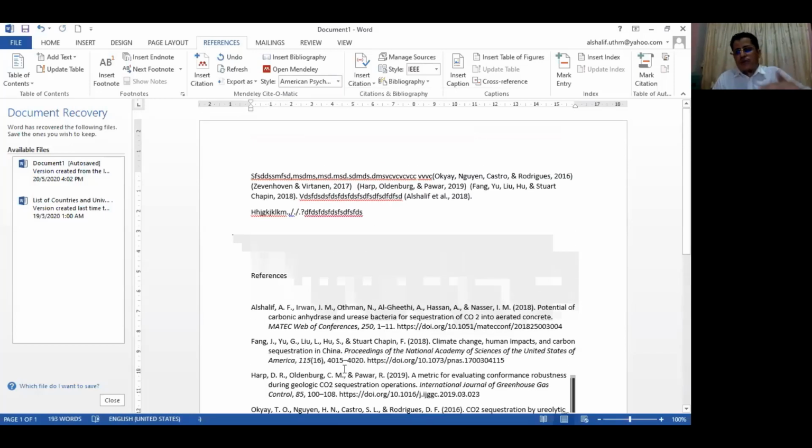Okay, if I continue like this, for example, in your PhD, for example, in my thesis, around 1,116 references. If I try to add a new reference here in my thesis, when I'm using the manual way, I have to change the 100 references manually. But if you are using Mendeley, it will be easy for you. Just one click, it will change, and the number will be changed, the name will be changed, for all